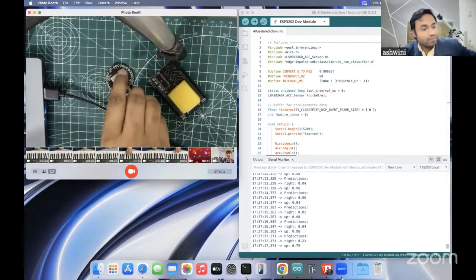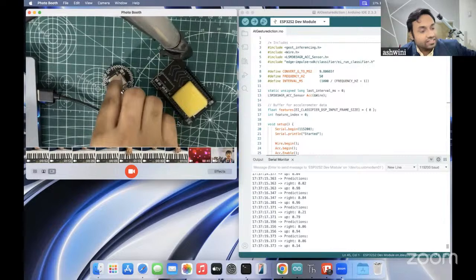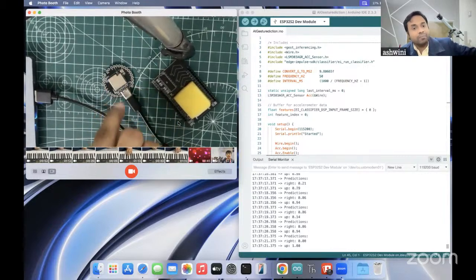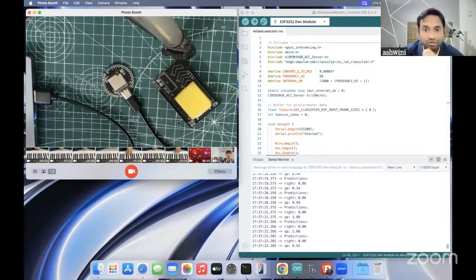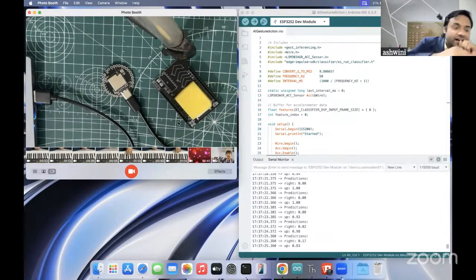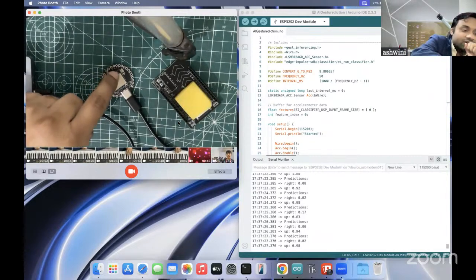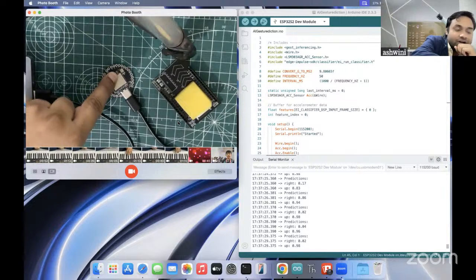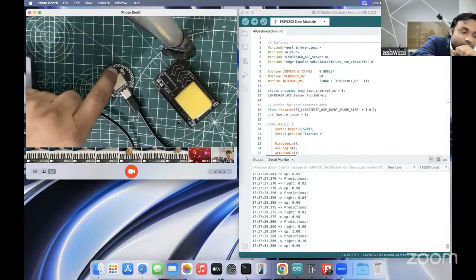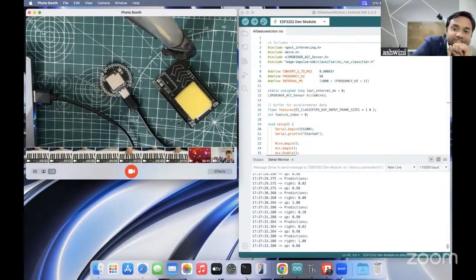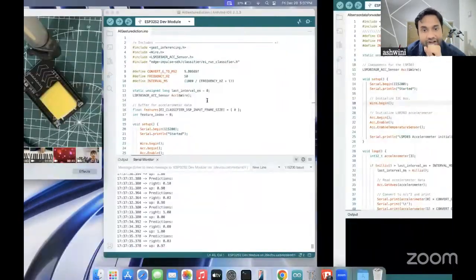For that, we can either use the accelerometer or the combination of accelerometer and magnetometer both. The sensor that I have used, the accelerometer and the magnetometer sensor, is from ST Microelectronics, that is the LSM303. So here, after installing the